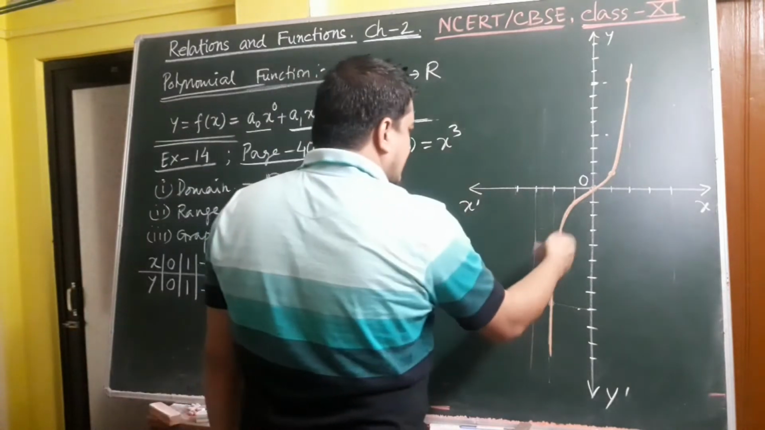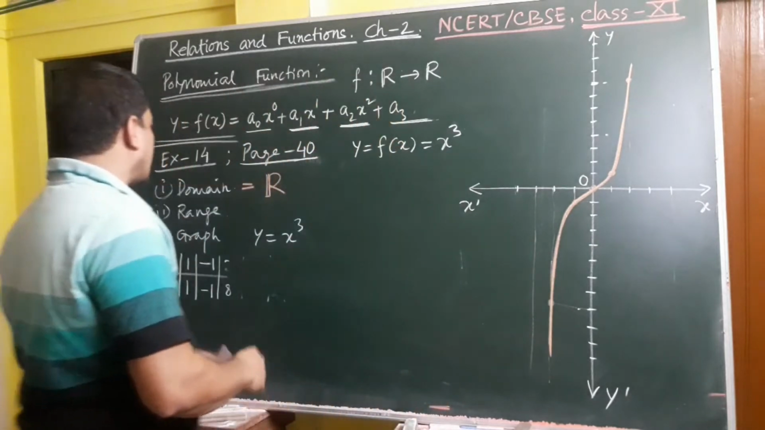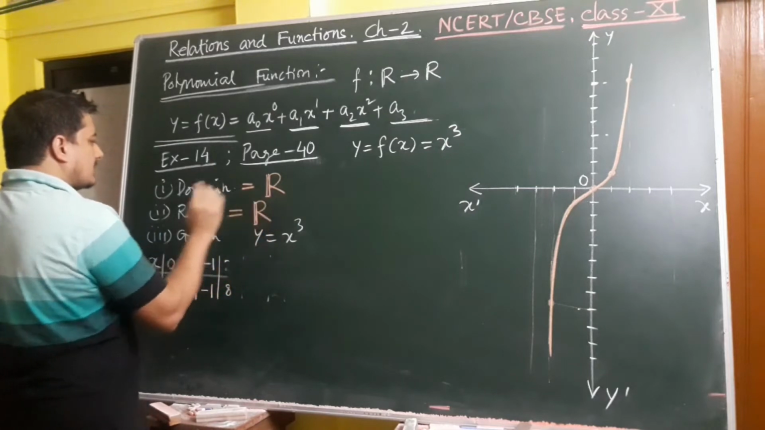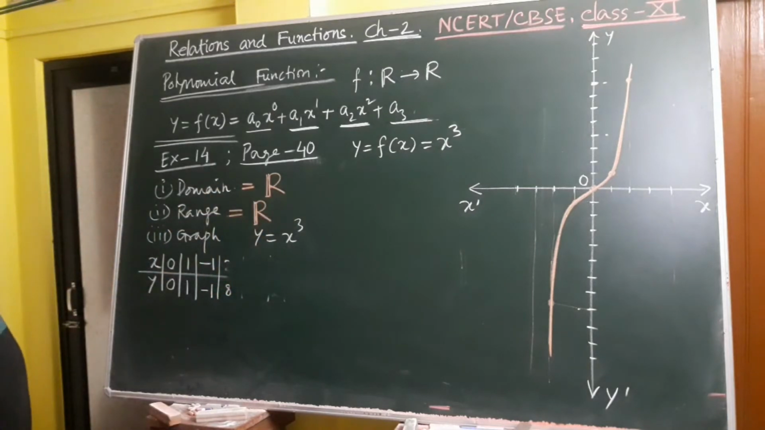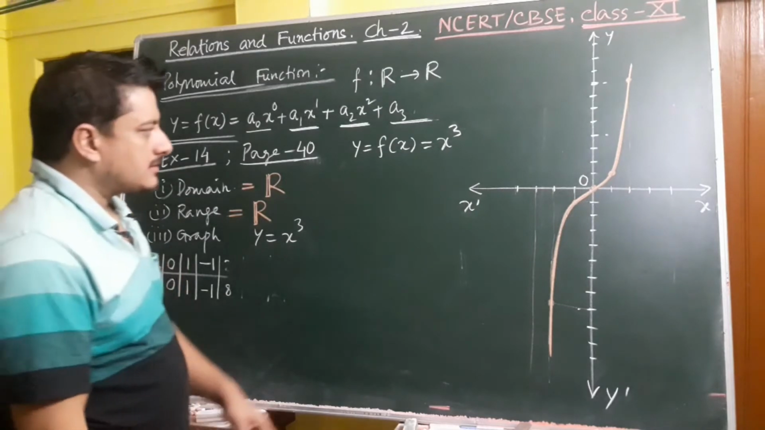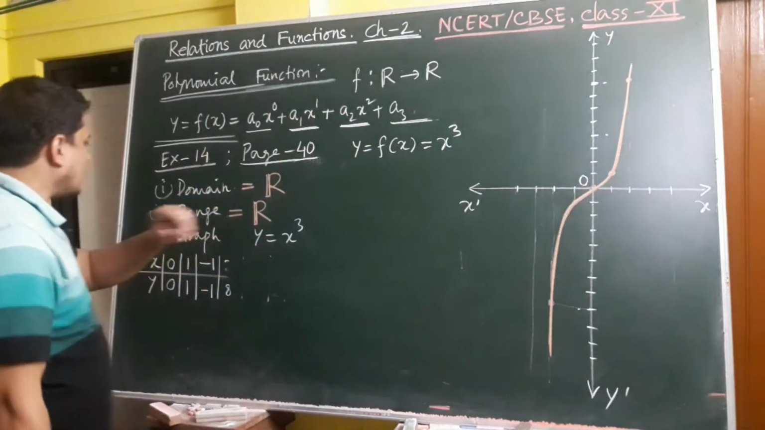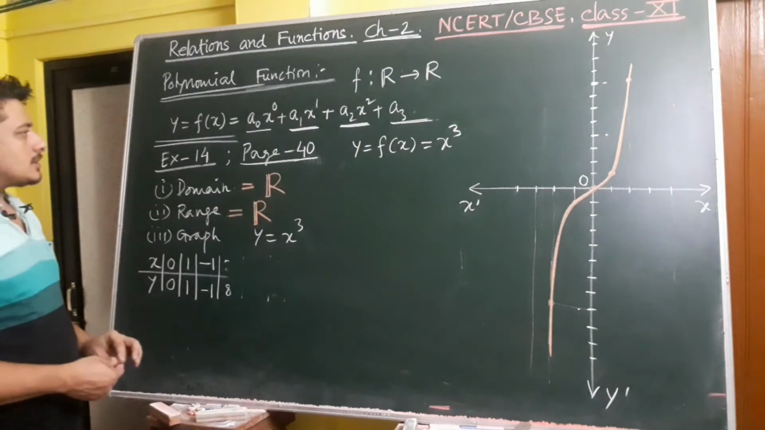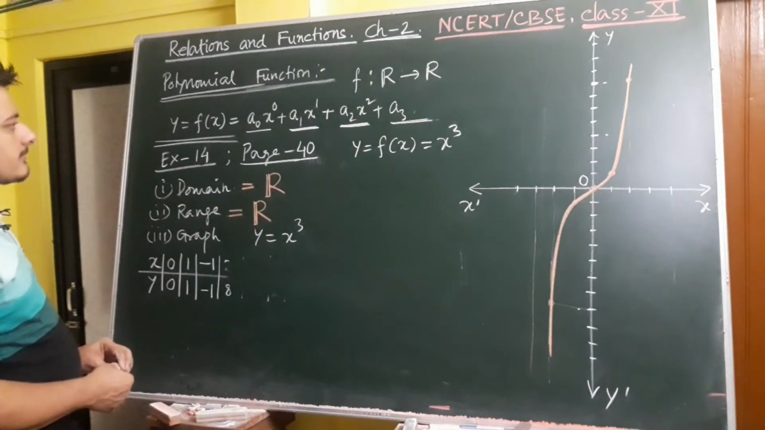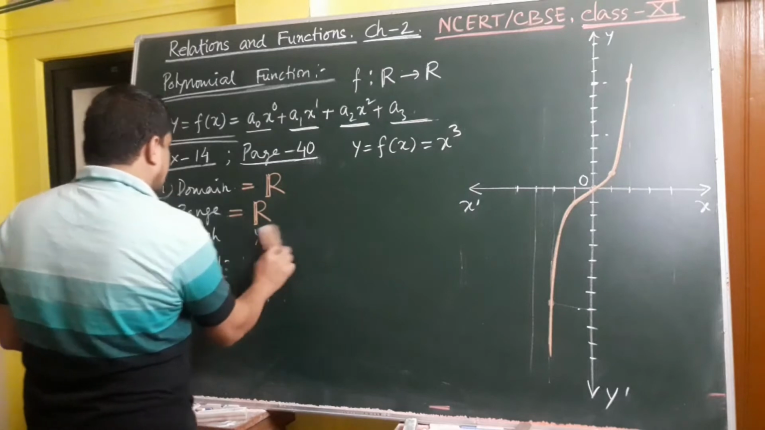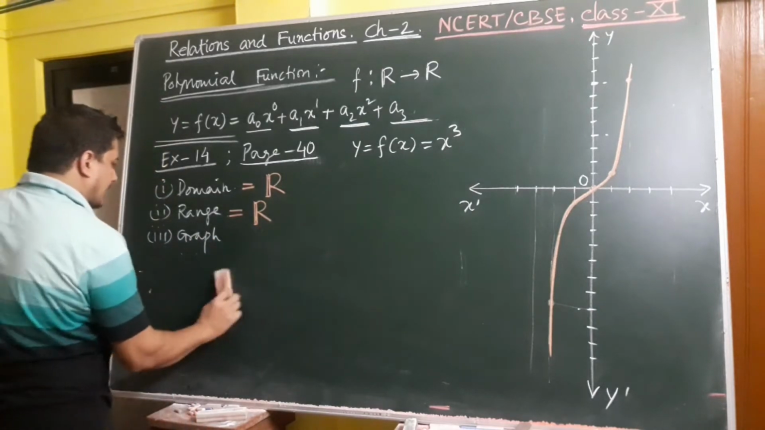You can see here the range is also R only. It can take any value. Range is also R. The value of y, you can see here basically, the range is also R. So okay, fine. So you can write it in this way. In this way also you can write it like,